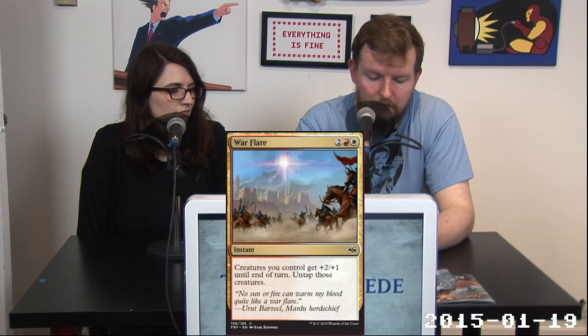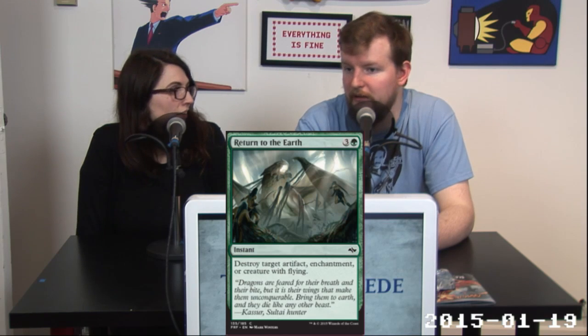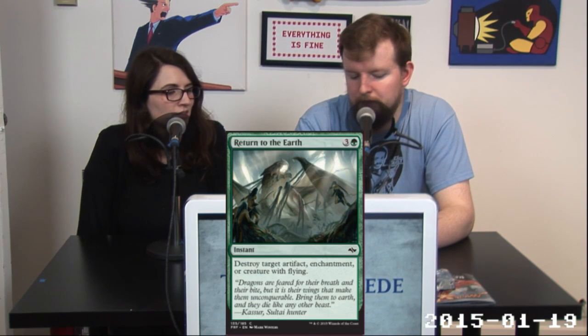This is Return to the Earth. 3 and a green for an instant. Destroy target enchantment, artifact, or creature with flying. So, fun fact, this card started out in my sideboard because I was like,